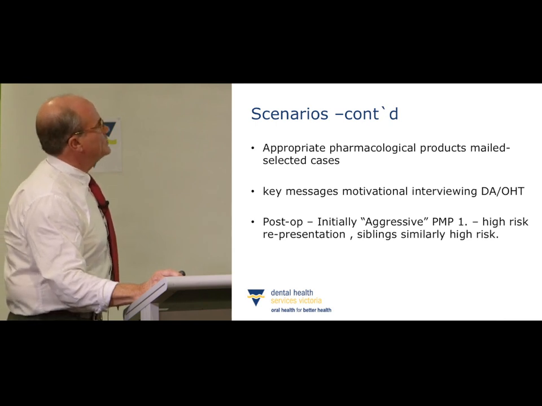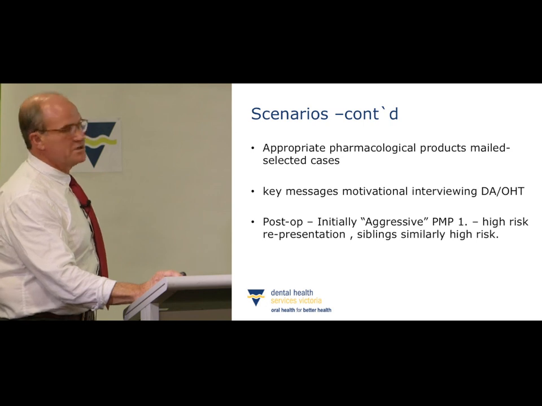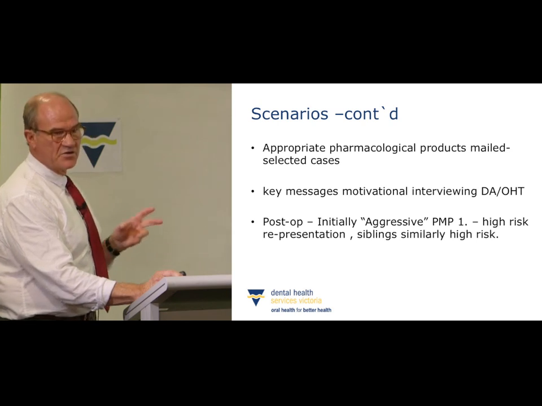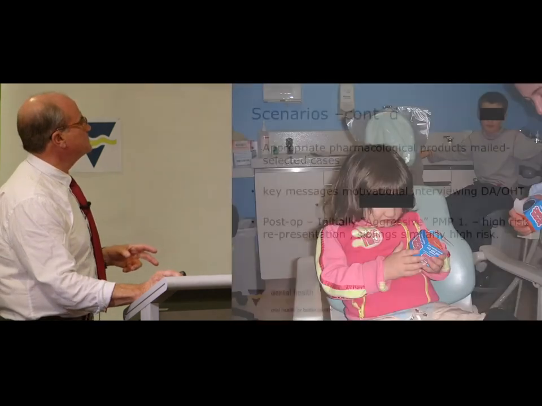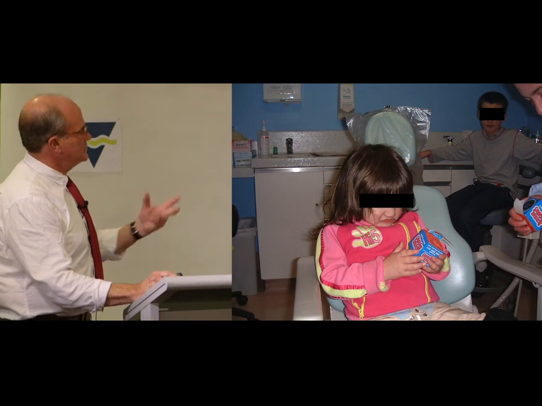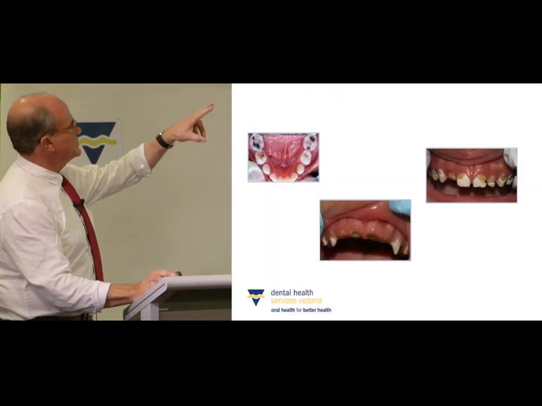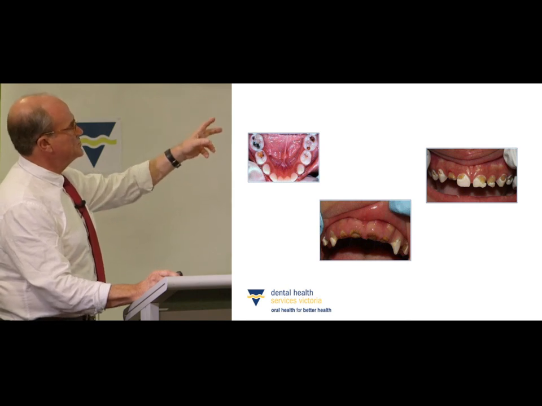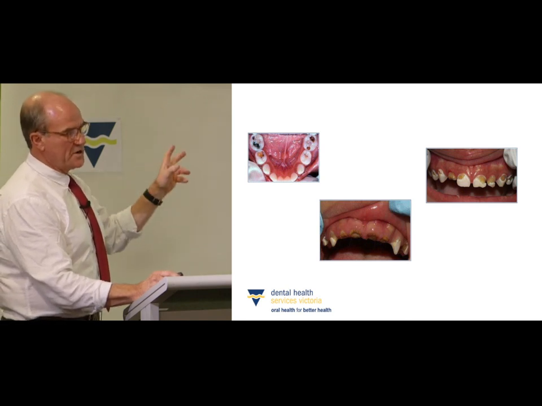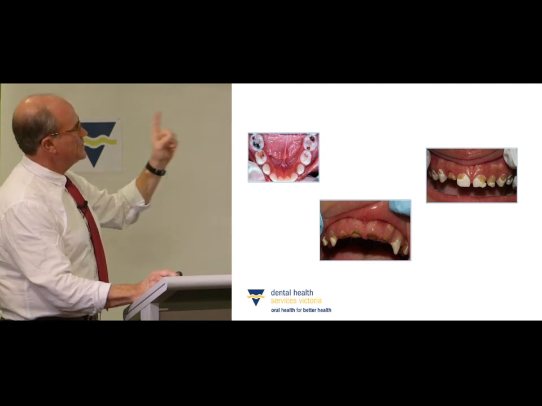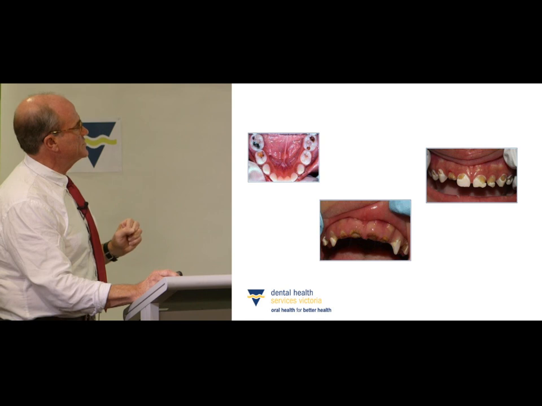So anyone who's on a GA, a paediatric GA, we consider aggressive. We aggressively manage that individual, the child as I said, plus also the siblings. We aggressively manage them and the family. Your little girl, GA list, mouth looking like this. These are the mouths we look at. We don't just do the GA, send them away. The preventive program is aggressive to the individual, to her, but we manage the family aggressively as well.